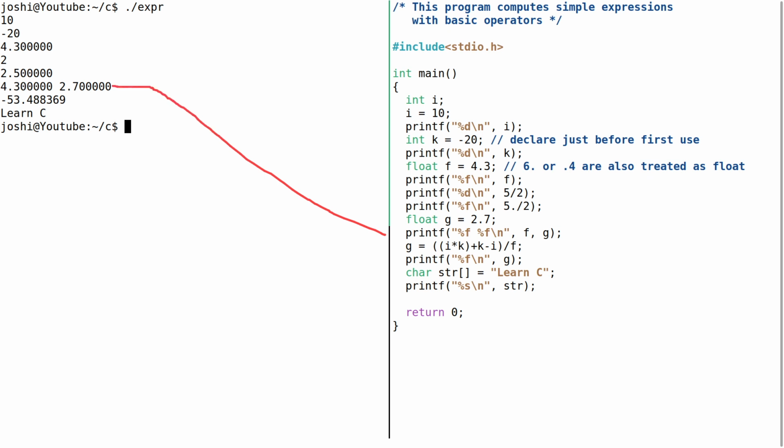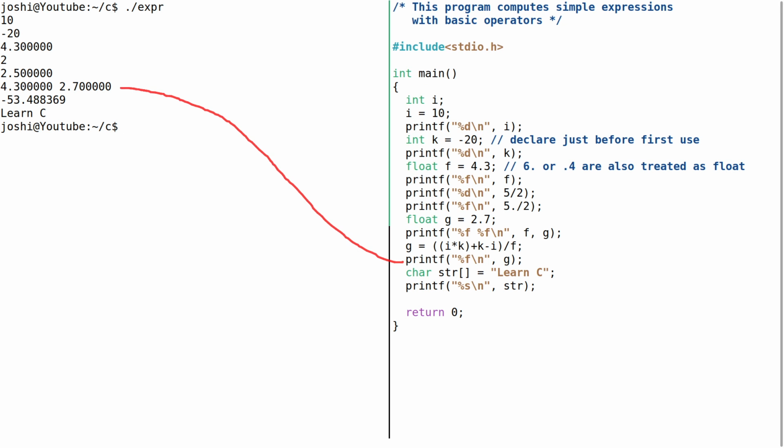Okay, now how to write the expression? Next line is this one, some arbitrary. I am using parenthesis because we know that this is an expression. Name of the variable i star k is an expression. Within the parenthesis, I have written i star k, plus k minus j, which is also an expression. And this is the way we can write. So %f, since f is of type floating point number, the result would be a real number. So here we can see, when I have printed, these two values, 4.3 and 2.7